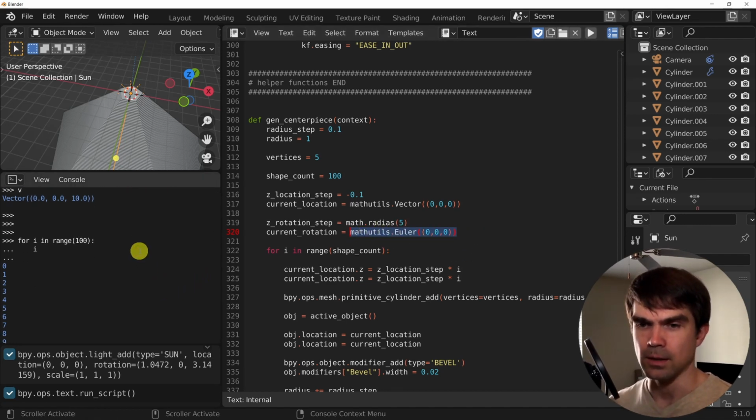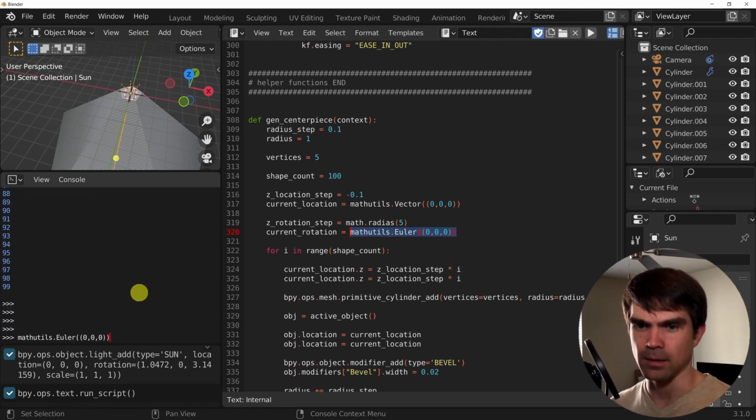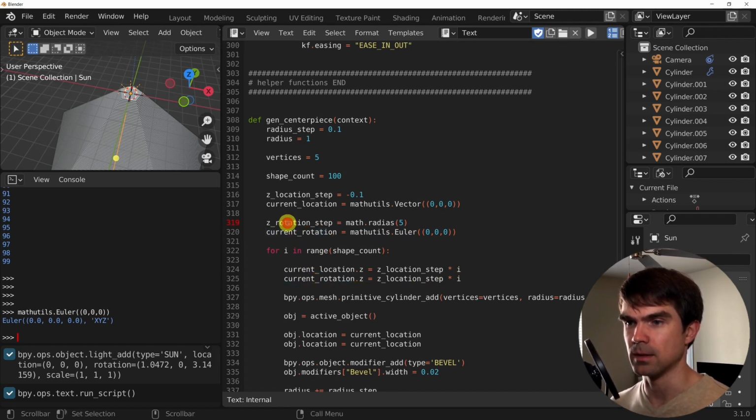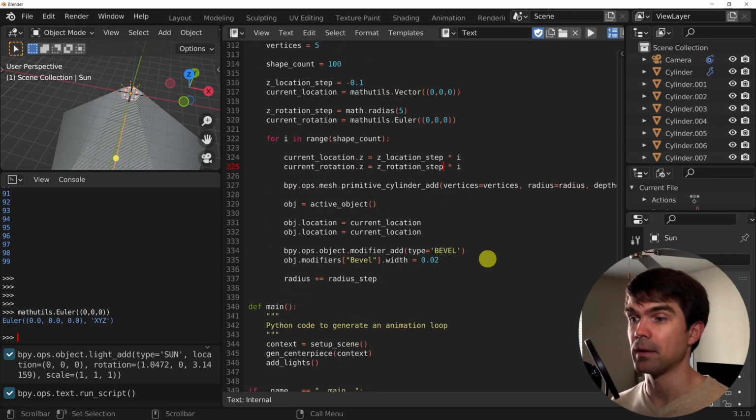So you can go and check this out in the interactive Python console as well, right? So it's going to be X, Y, and Z. We're using that. All right, so now current rotation on the Z is Z rotation step.